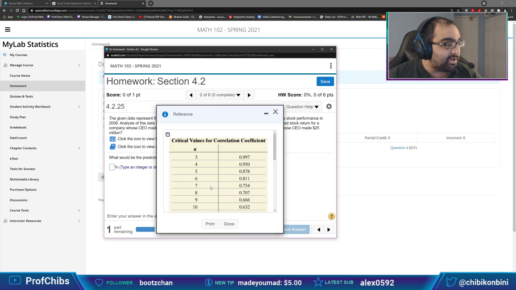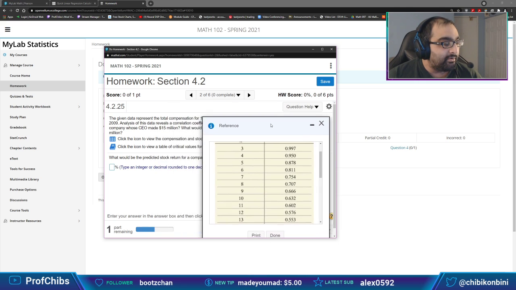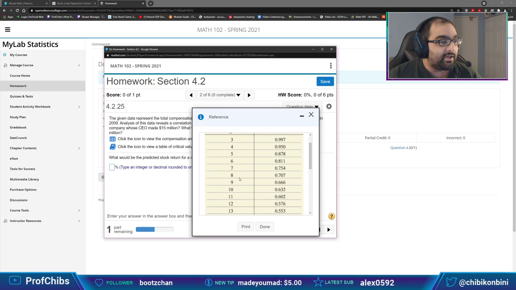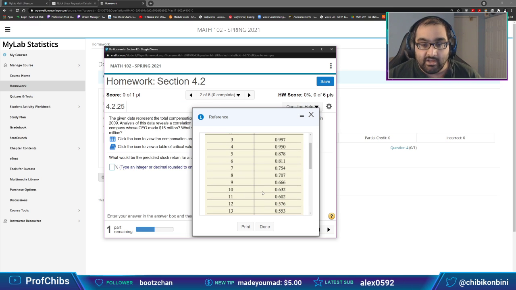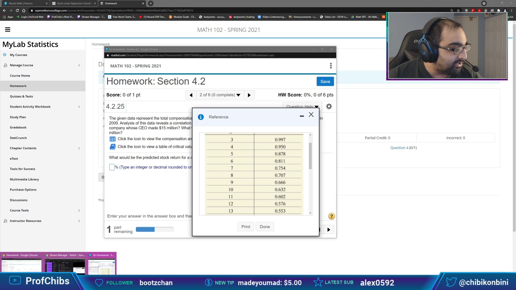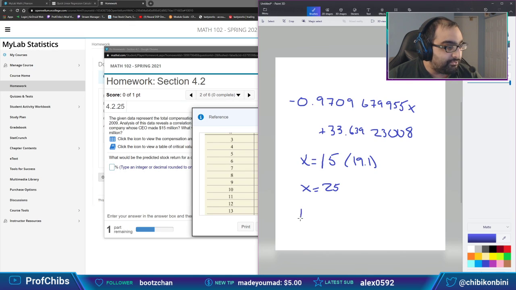We had a sample size here of 10. And we said as long as the absolute value of the correlation coefficient R is bigger than this critical value, then it does have a linear relationship. Let me point that out here. Remember, if the absolute value of R is bigger than that critical value, then a linear relation exists. We did talk about that here.